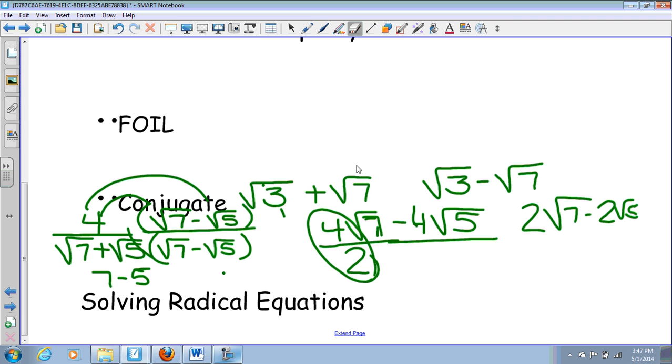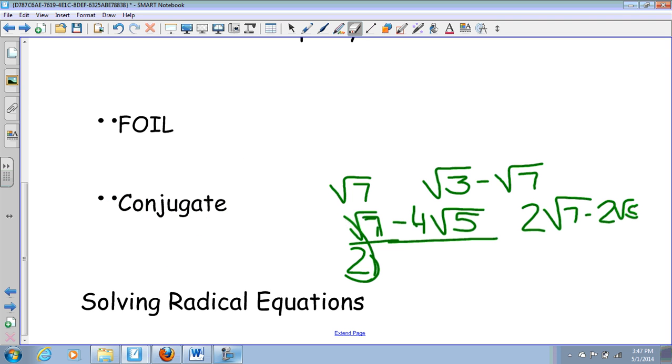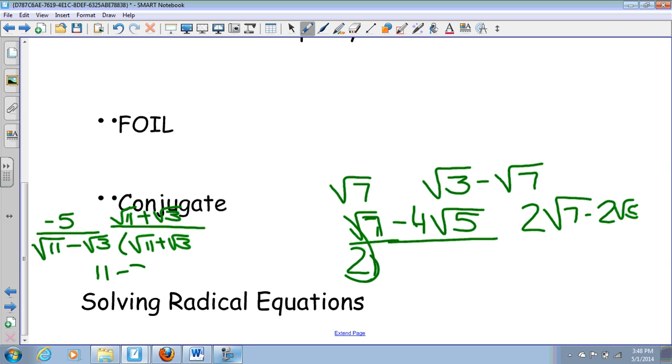Let's try C. Quick check 5C. Negative 5 over the square root of 11 minus the square root of 3. Okay? The conjugate, square root of 11 plus the square root of 3. Square root of 11 plus the square root of 3. This becomes 11 minus 3. 11 minus 3 is 8. 8 becomes our denominator. And we have negative 5 times the square root of 11